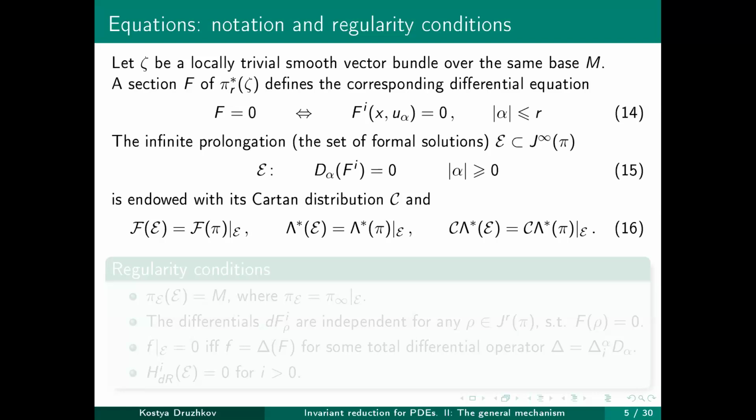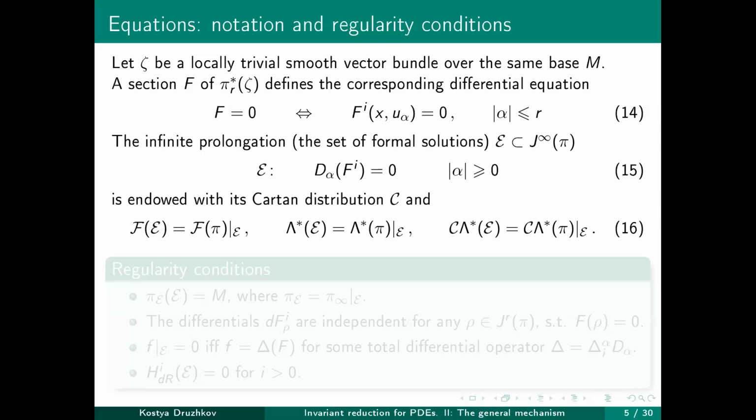So instead of solutions, we consider formal solutions, that is Taylor series. Or speaking more geometrically, Taylor series become infinite jets. So we consider infinite jets, or in other words, in local coordinates, we can say that we consider Taylor series that satisfy the original system of equations, considered together with all its differential consequences. And this system is endowed with its own Cartan distribution C,